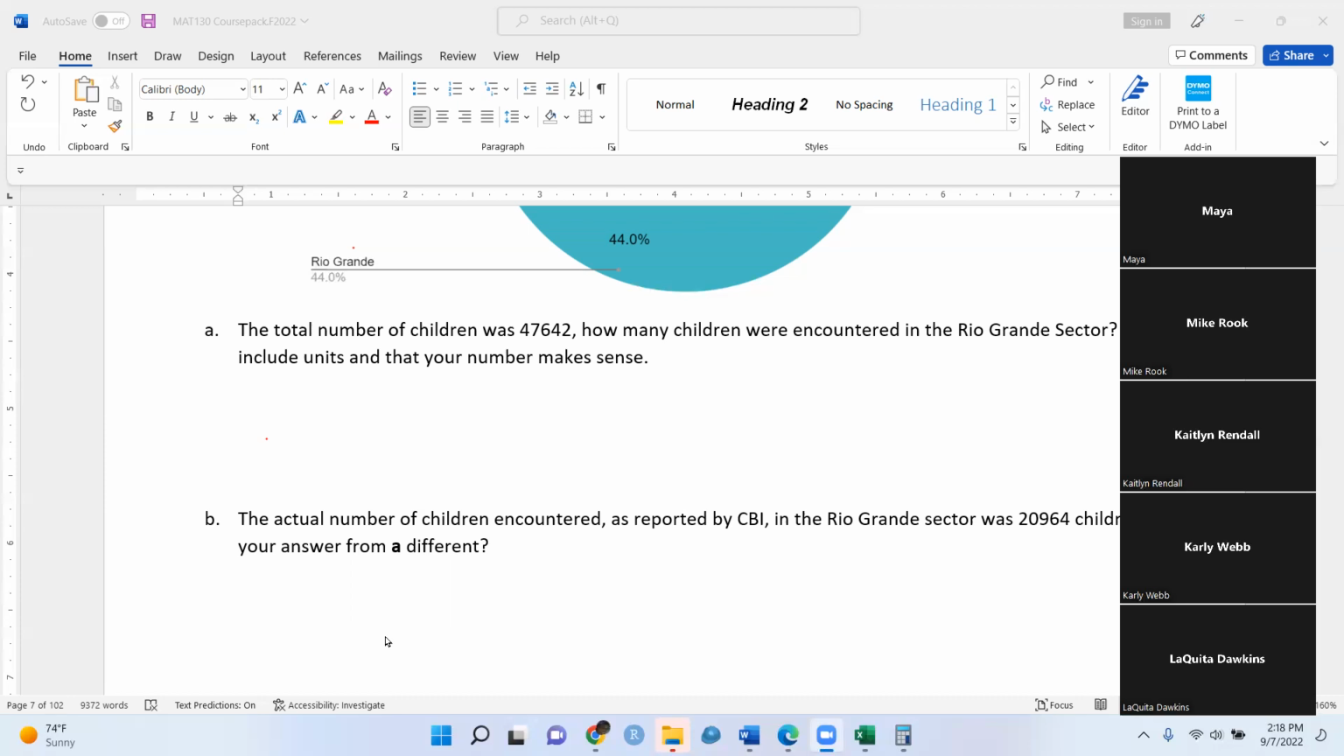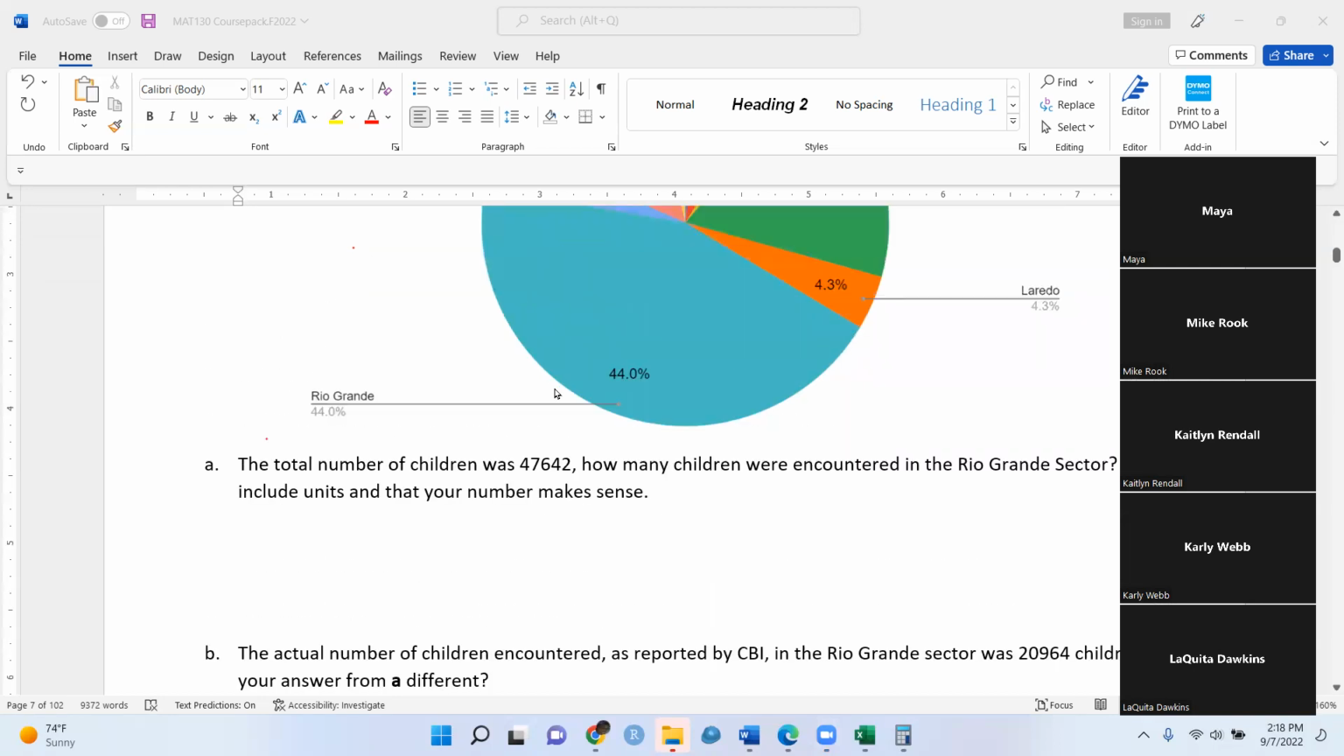Oh, I love it. You all that said that, how did you get the 2096 or whatever that number is? Nice, you all are crushing it. How'd you do that? Oh, okay, Jennifer, love it. So we're looking at Rio Grande, right? Is that how you say it? It's 44%. So we convert that to a decimal, which is 0.44. We multiply that times the total,